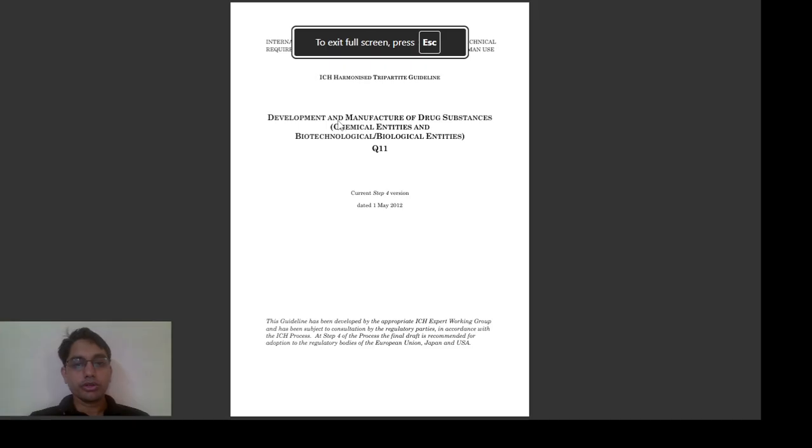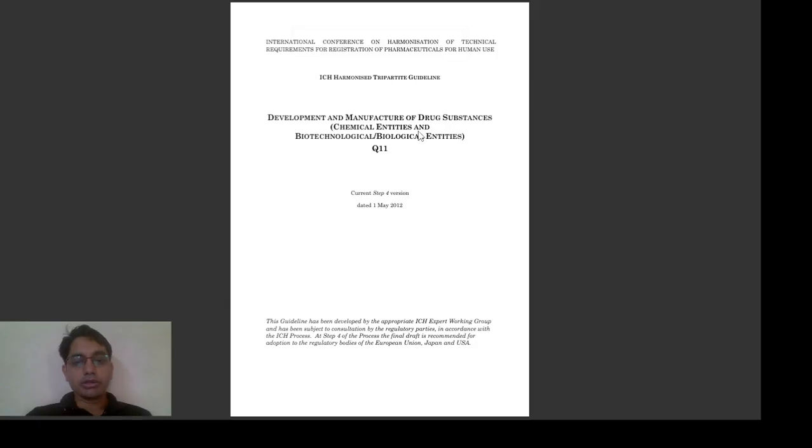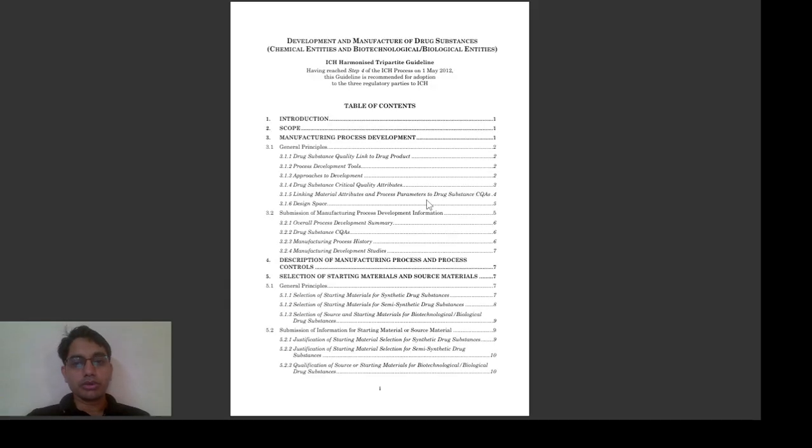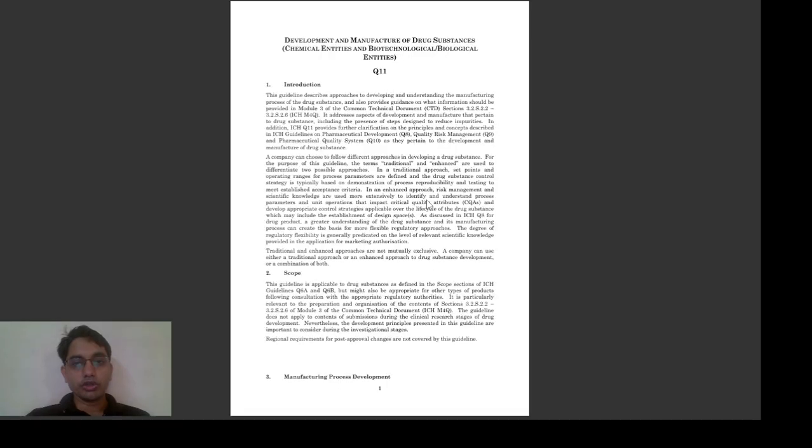That is the development and manufacture of drug substances, chemical entities and biotechnological and biological entities. This is published on 1st May of 2012. This is the document history. Then there is a table of contents. Then the development and manufacture of drug substances, biotechnological and biological entities, ICH